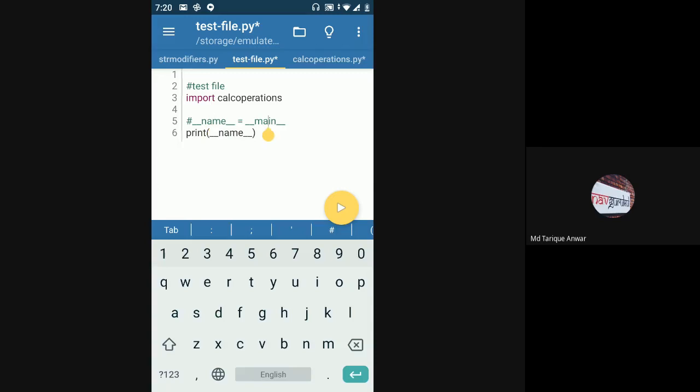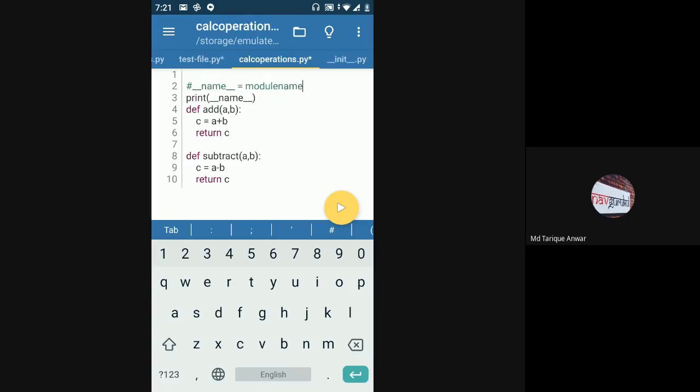So this was when I had a test file which imported calc_operations. This __name__ variable is present for every file. The file that I'm currently running is test_file, so that file will have a __name__ of __main__, and whatever files I'm importing will have the module name.